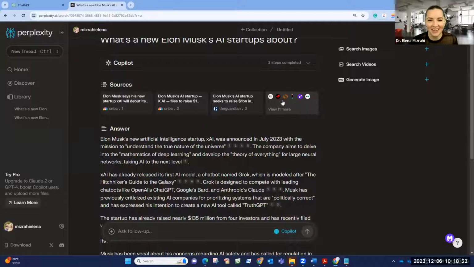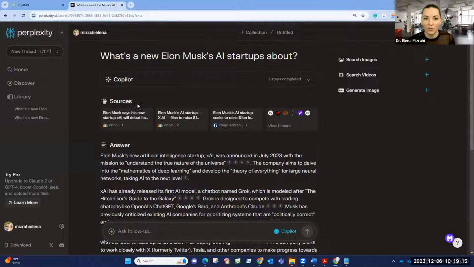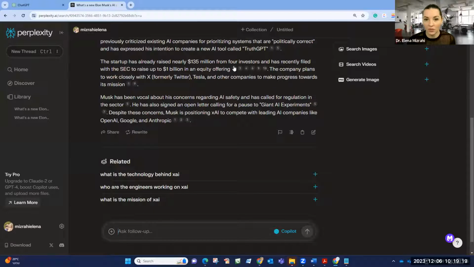So maybe it is the one, because whatever you're searching on Google, why would you search on Google if you have AI at your fingertips here for free, with the summary of 14 articles instead of us going from link to link and exploring the information? The AI does this for us right away, and then we can also go back and check the information. We can click on the sources, we get the answer with the